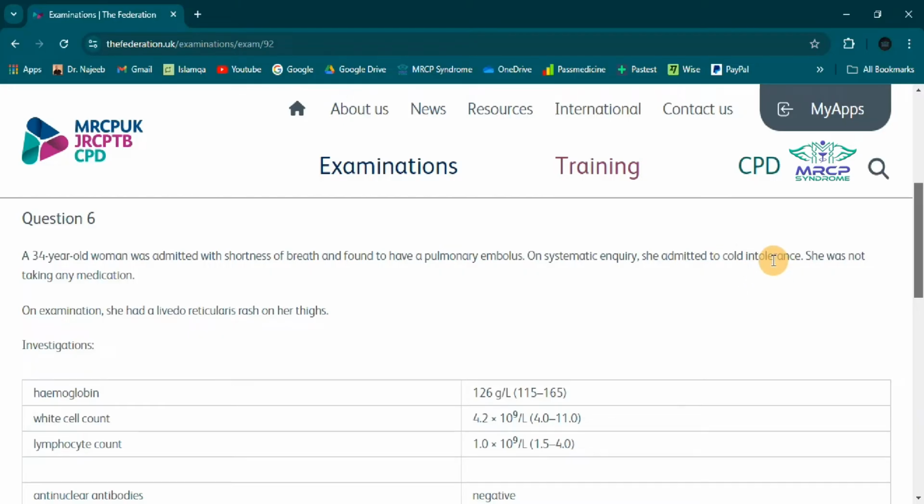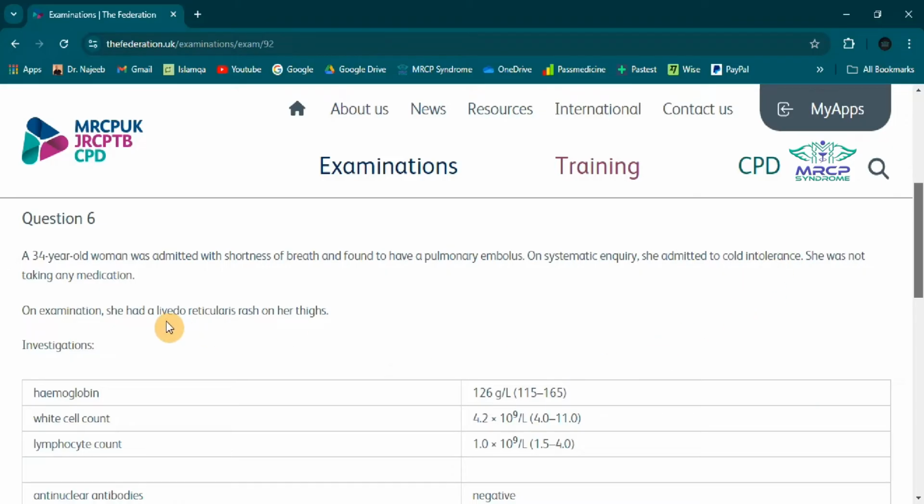The cold intolerance is more commonly associated with thyroid dysfunction, but it can also occur in association with other autoimmune disorders like Raynaud's phenomenon. Cold intolerance is not the primary symptom of antiphospholipid antibody syndrome, but APS is often associated with